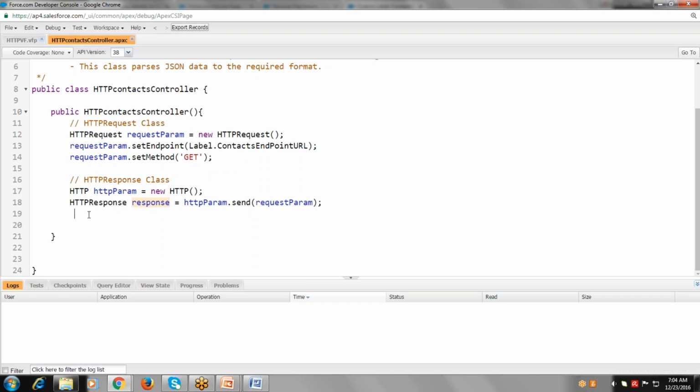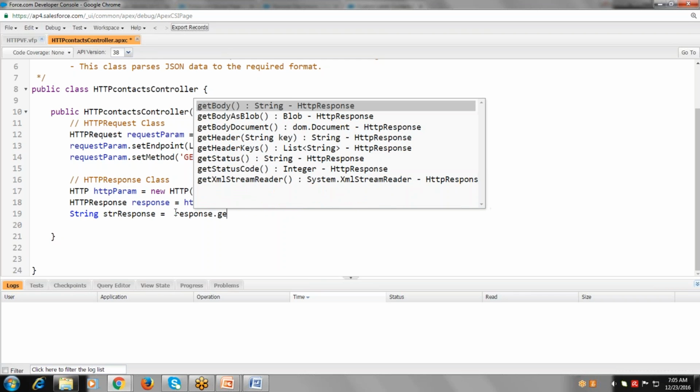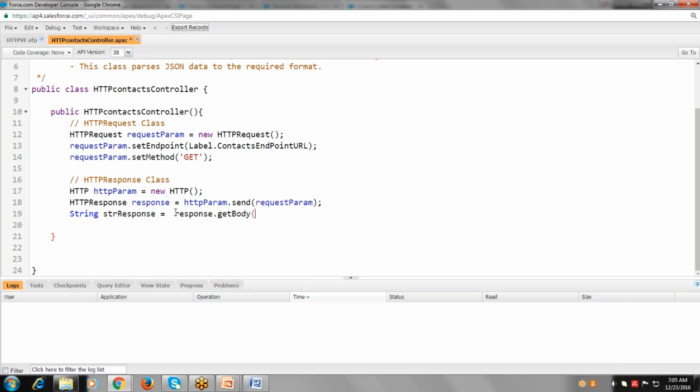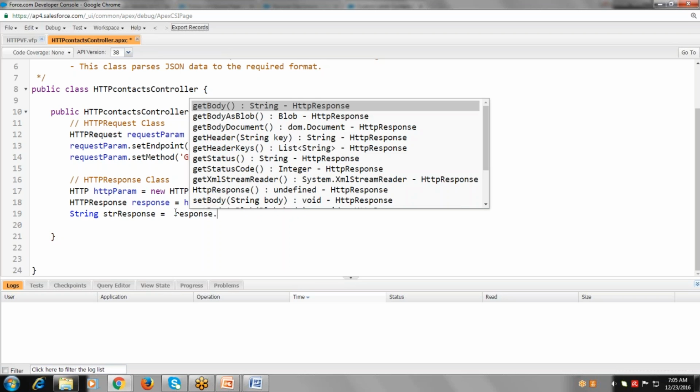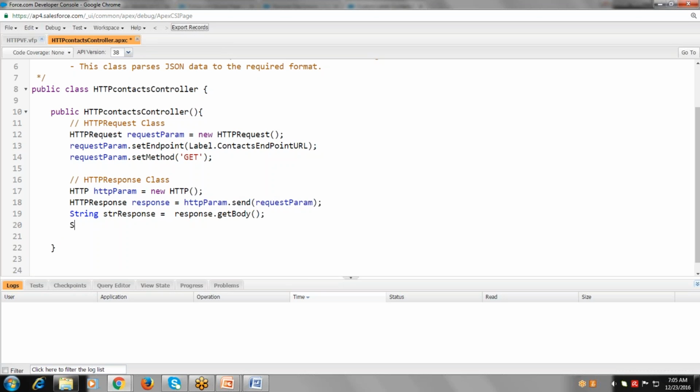From the response, this response has multiple parameters. It has a status and it has a body, and you need the body parameter. So I'm declaring a string, string response equal to this response dot get body. See, when you type response, it will show you different parameters. So I need get body. If you want to see what is in the body, just put a debug statement